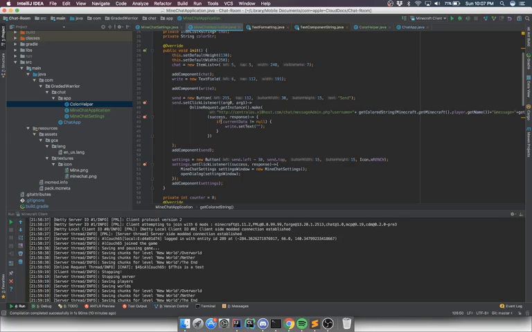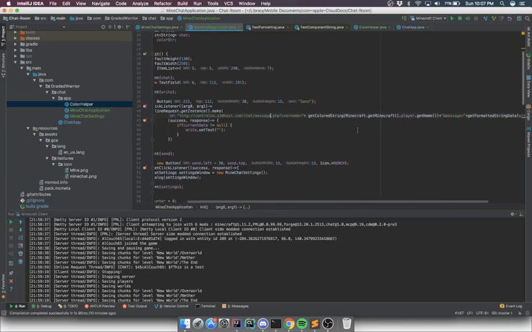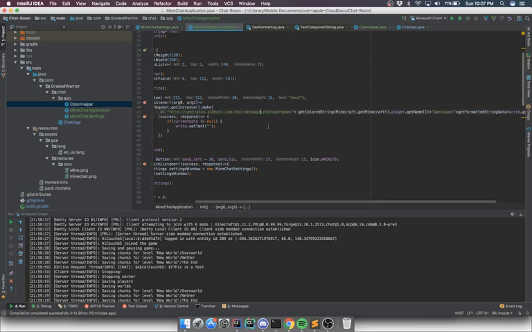He does all the server and website stuff. But basically, it sends a signal. Oh, message admin. Why is that there? I don't know. I think it should be just message. Yeah, just message. So message.php, and then username equals getColorString